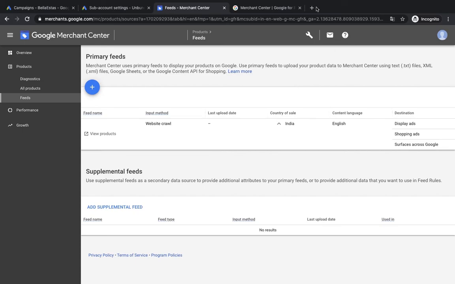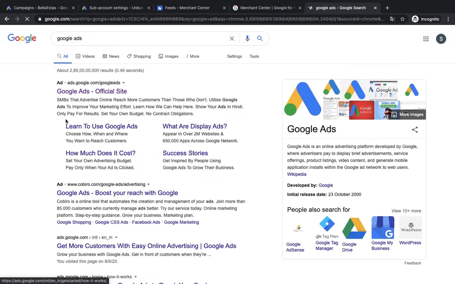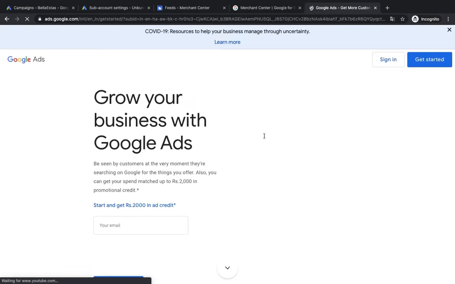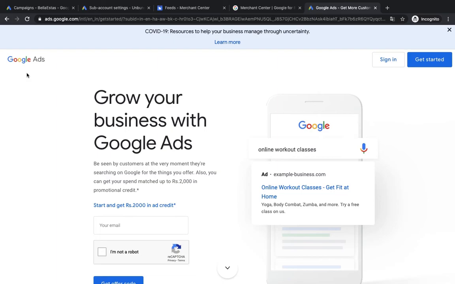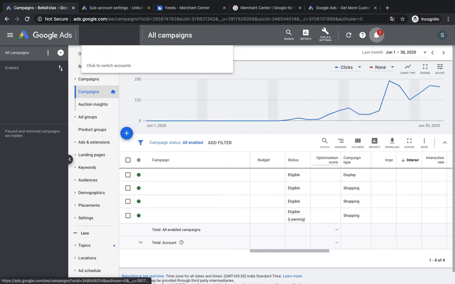After doing this, you need to go to Google ads and set up a Google ad account. Sign in over here. After signing in, you need to add your basic information like your shipping terms and conditions, and payments. You need to add those necessary things. After doing this, your Google ad account will appear something like this. So this is the Google ad account ID.